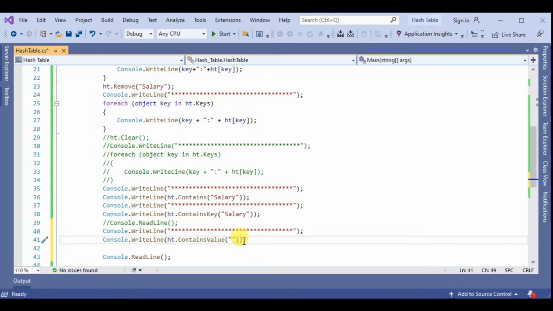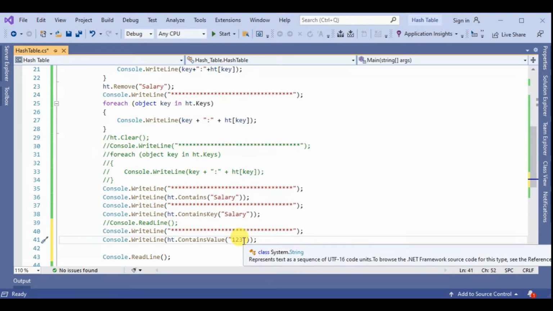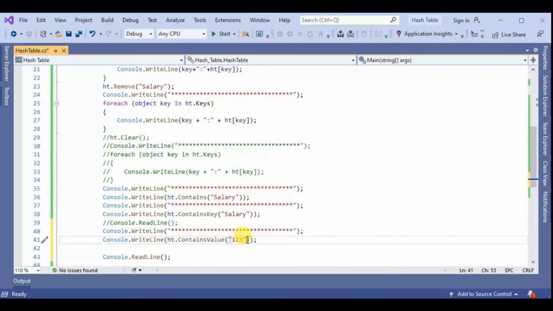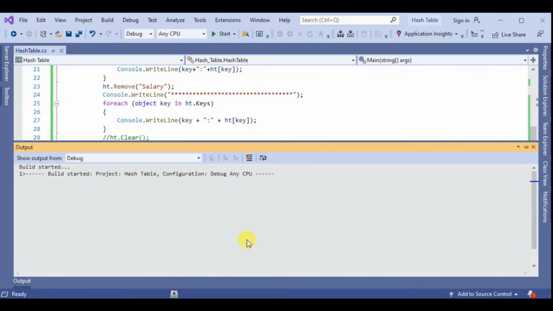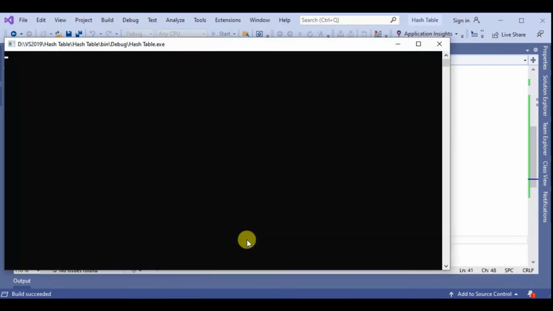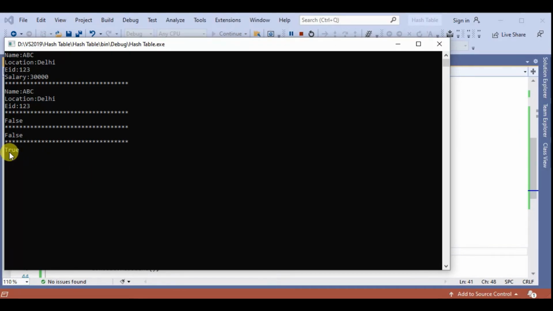So let's find the id 1 2 3. Save, F5. So the output is true, because the id value 1 2 3 is present in the hash table.